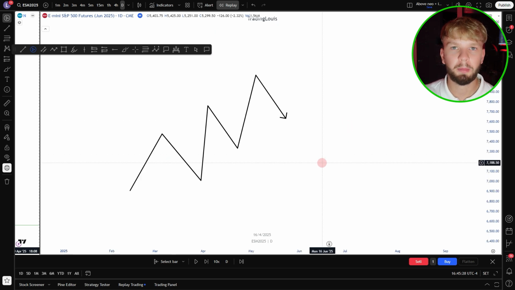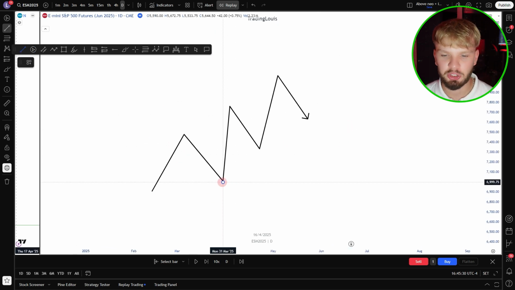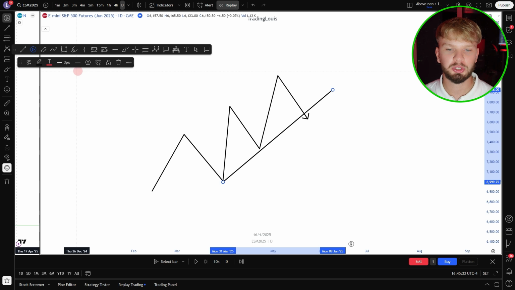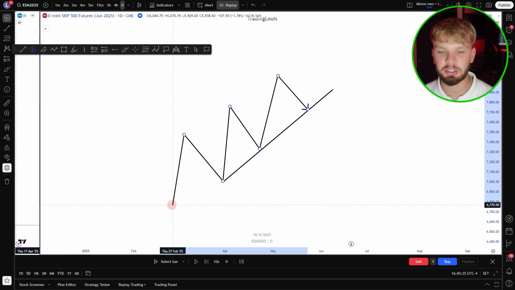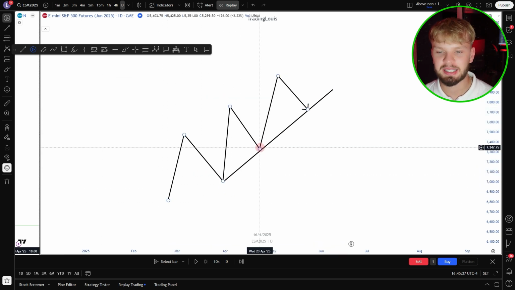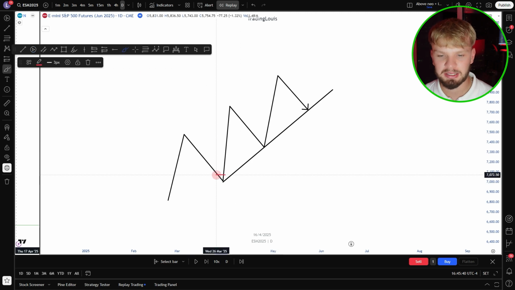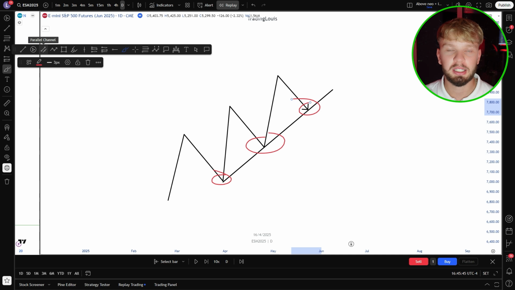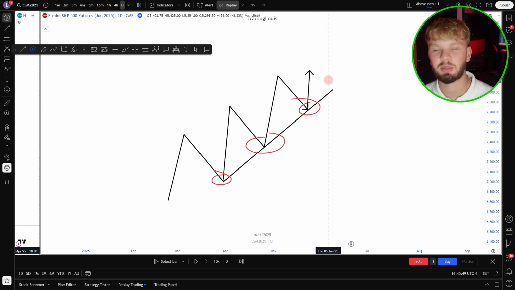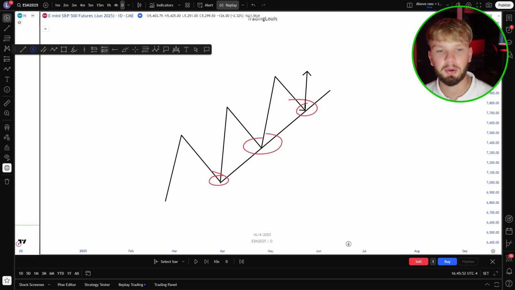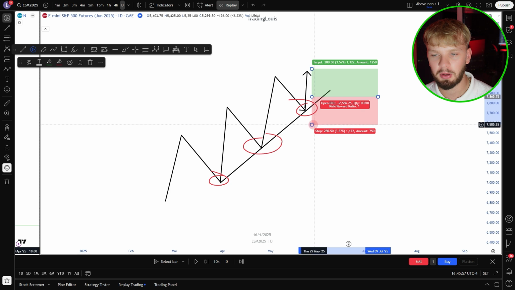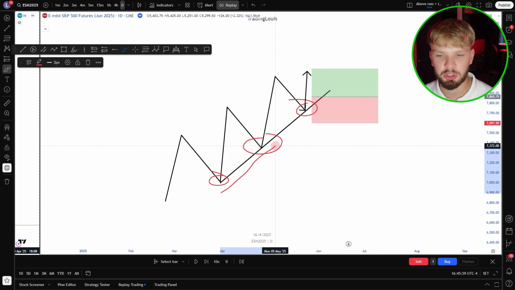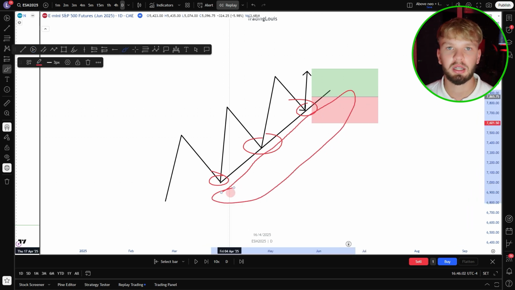I'm going to be showing you one more example on liquidity, and that is trendline liquidity. As I just told you, most people would use trend lines to enter into the market. So let's say we have a trend line that looks like this. Price has tapped once, twice, and 3 times. So what is price action now most likely going to do? Most people would say that price action is going to go up because we have tapped this trend line. So most people are longing. Now that they are entering into long positions, where is their stop loss? Their stop losses are below this trend line, and we call this trend line liquidity